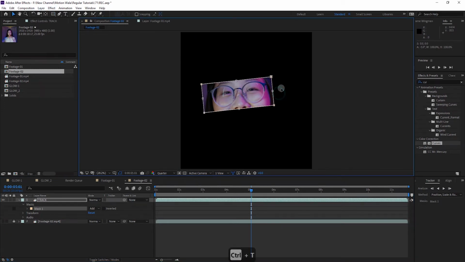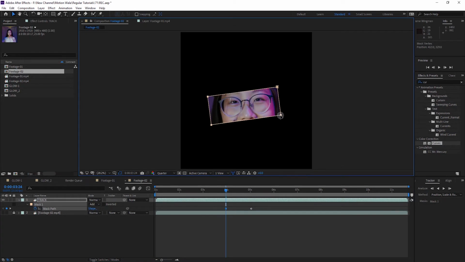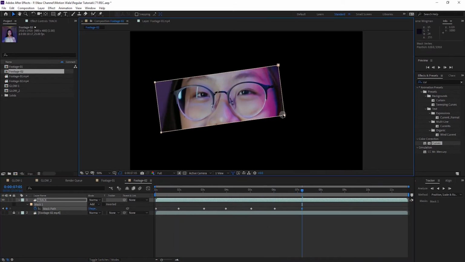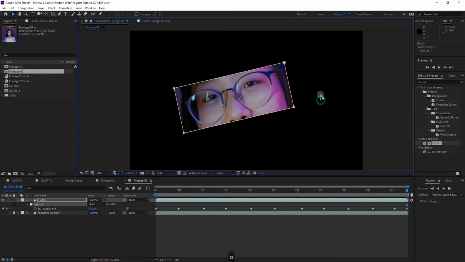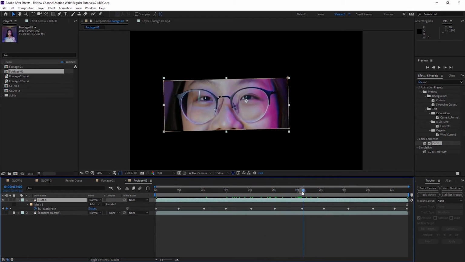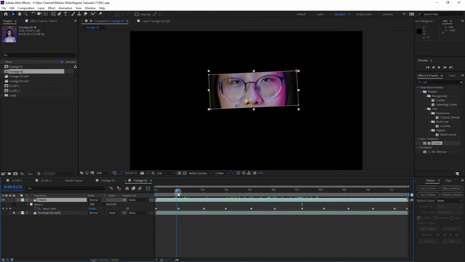Then you can press Ctrl T to add this. Then you can press M to add a keyframe, go one second forward, and roughly trace it. Because the camera and the object both are moving, you can manually trace it, it will not take so much time. So you can see I roughly added some keyframes and I traced only this part of the footage where I want to add the effect.